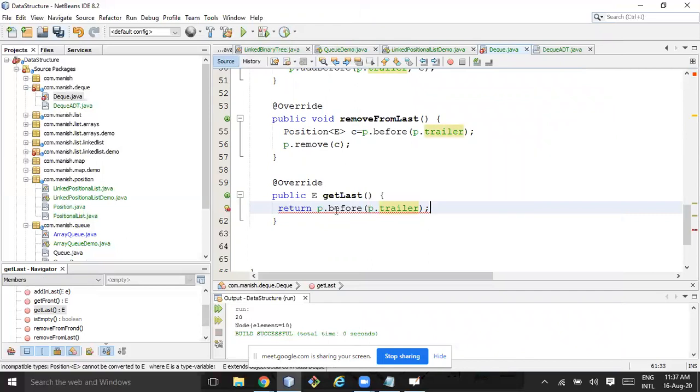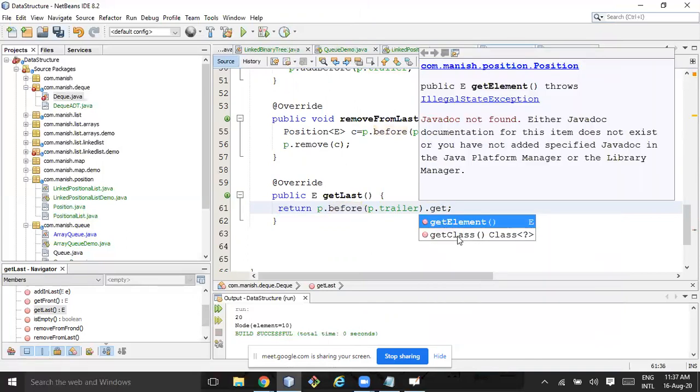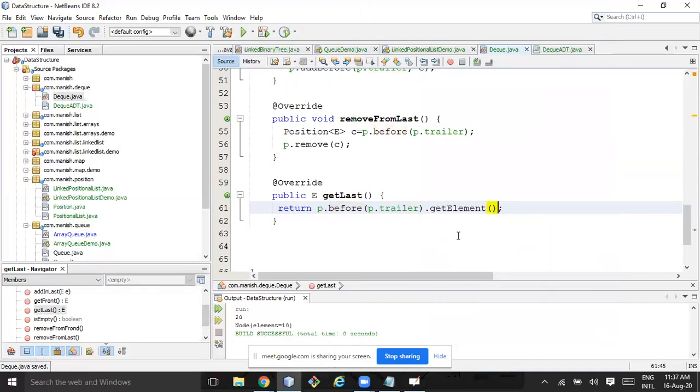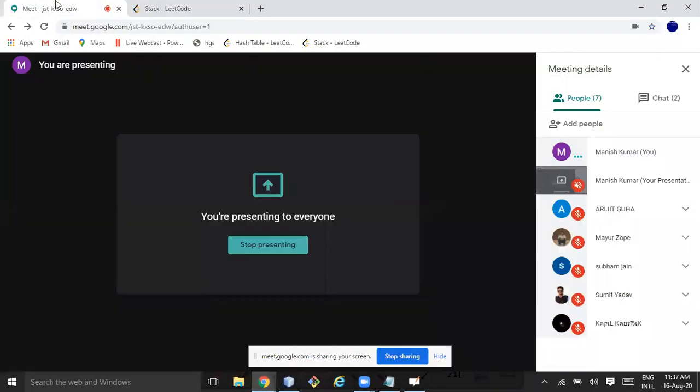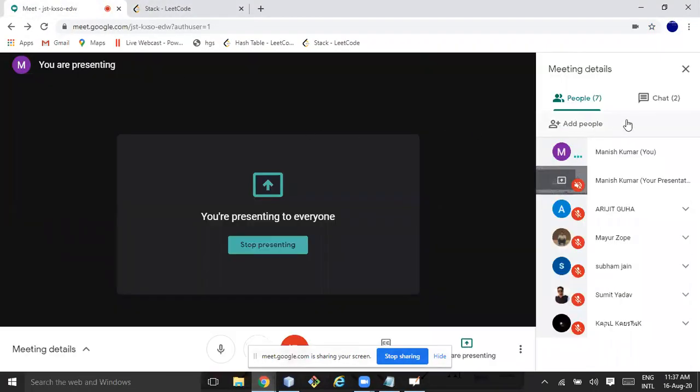So do you think it's fine? What is the issue? Dot get element. Looks good to you, right? Any question? Deque is also implemented.